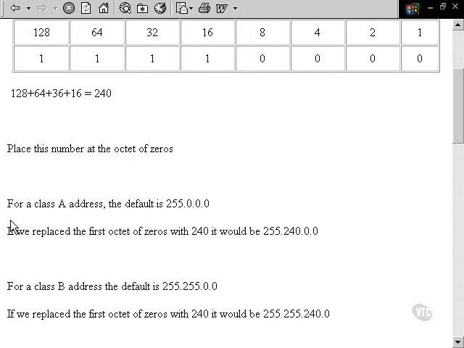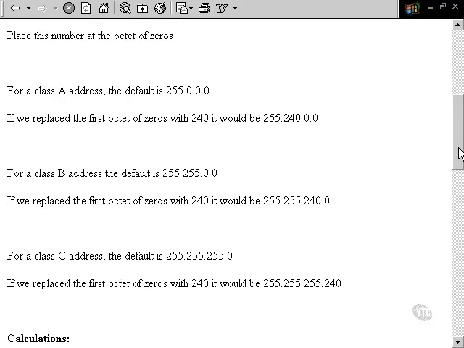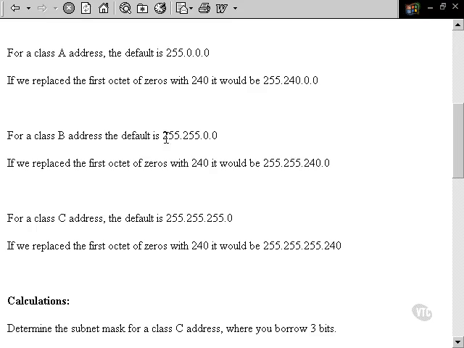Let's go down here and look at this. If we had a Class A address, the default is 255.0.0.0. We plug in our subnet mask that we just made because we borrowed 4 bits, which we determined to equal 240. It's now going to be 255.240.0.0. In the case of a Class B address, we'd have